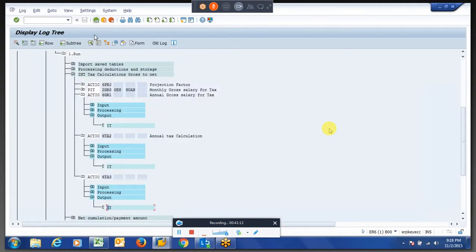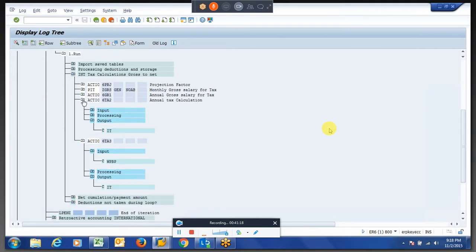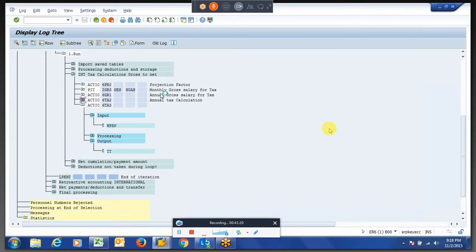Right. So what we have to do is insert the PCR somewhere here where you are calculating the annual gross, or you can insert the amount from here in between these two things. You can reduce from his monthly gross.